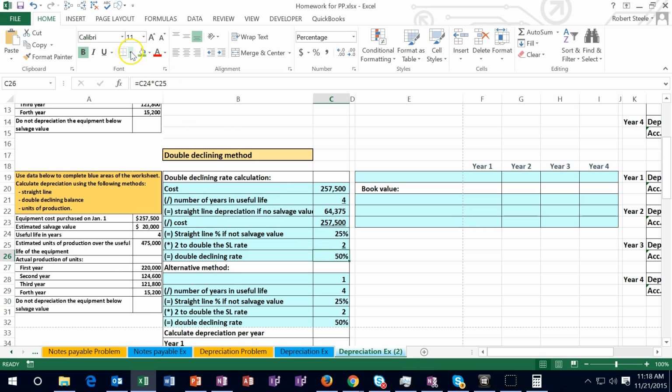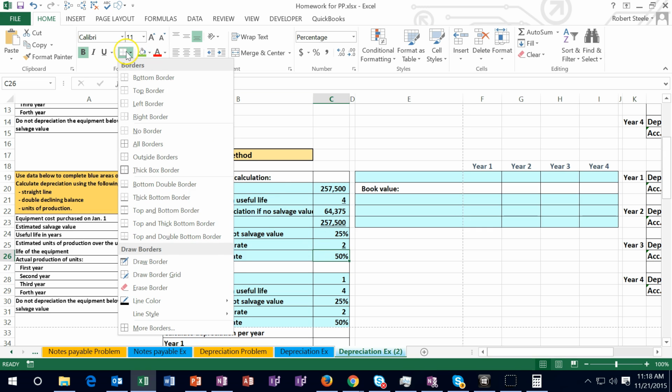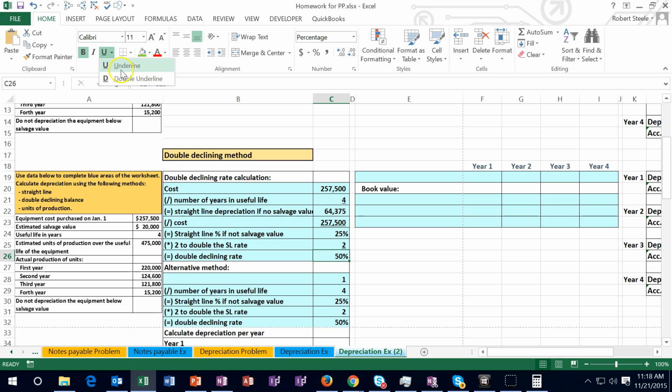So we could go to the drop down here and say that we want a double underline. And once again, you could of course do the same type of activity here. We could say that we're going to underline here. That's how we got to the 25. 25 times 2. Underline that is how we come down to the 50%, which you could double underline and say that's the bottom line number. So there's different kinds of formats you could